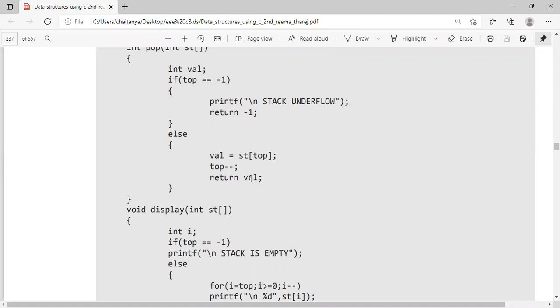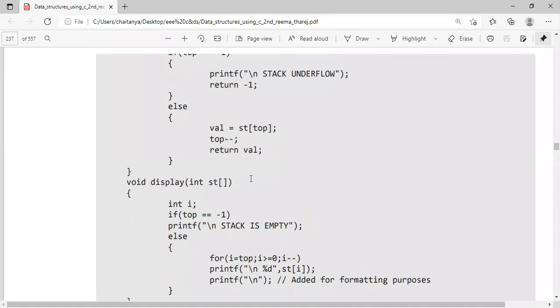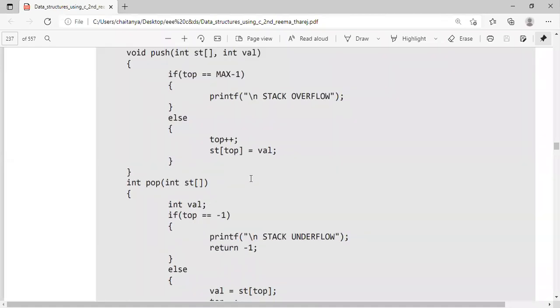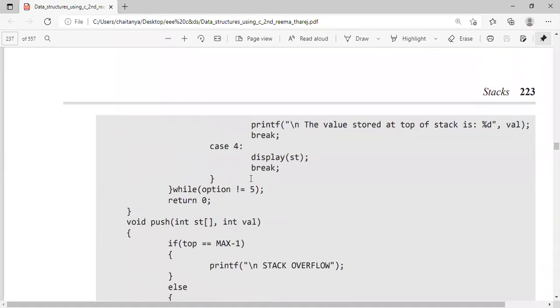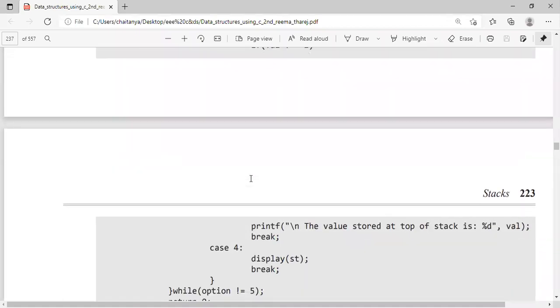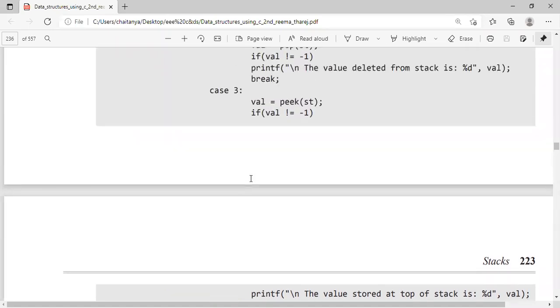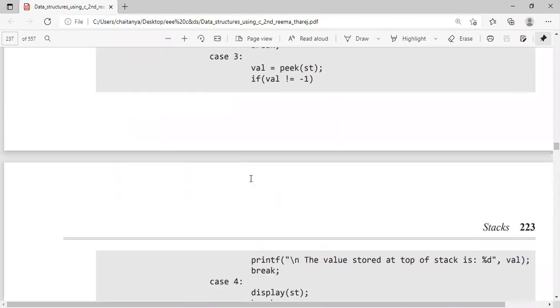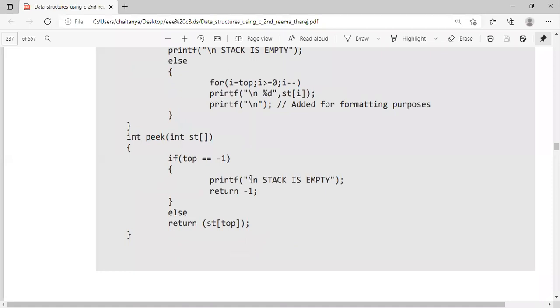Let's see. Now to display the things, you can see. Push and pop, insertion and deletion we have seen. Now peek: the value stored at the top of the stack. What is the last element in the stack? I want to know. See here.